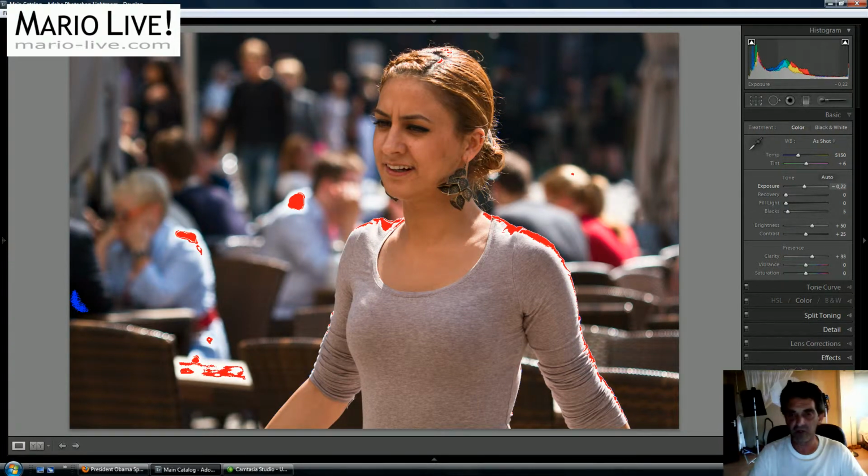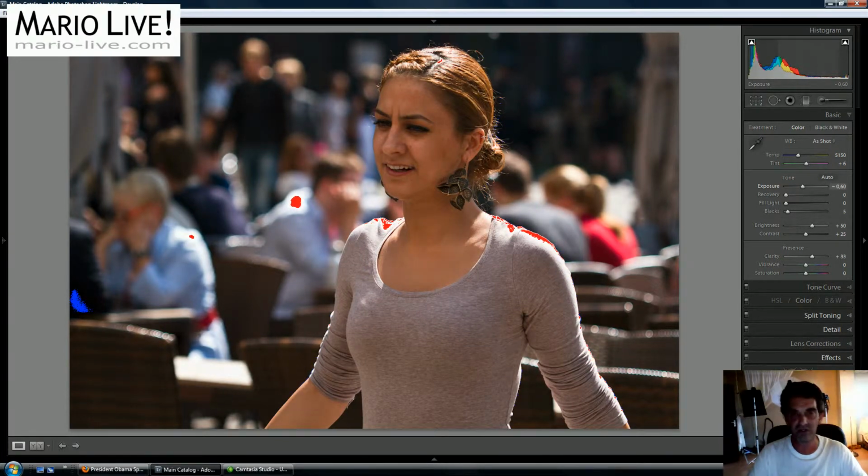So if I bring my exposure up, I will increase the white levels. So till here I feel that it's quite okay. I'm going to have a look at what I can achieve by moving the recovery. You will see the gray area in the histogram